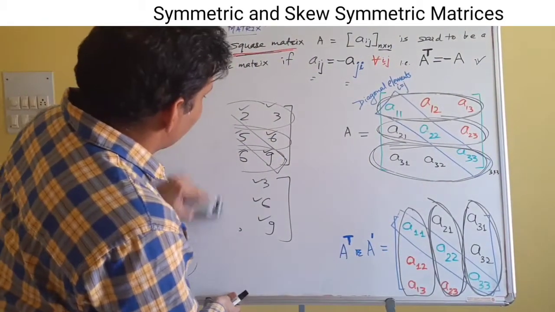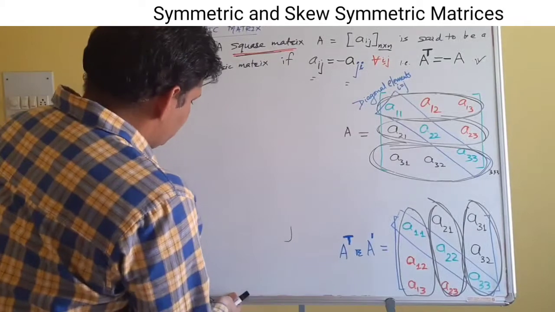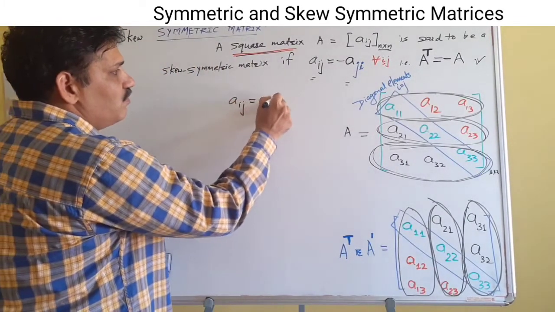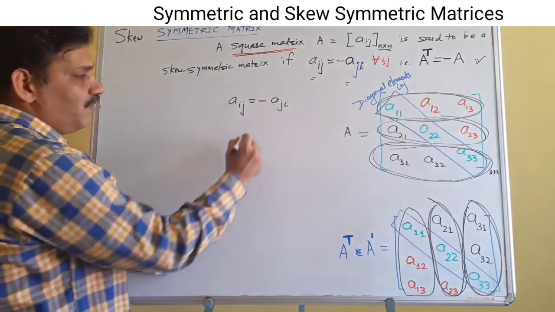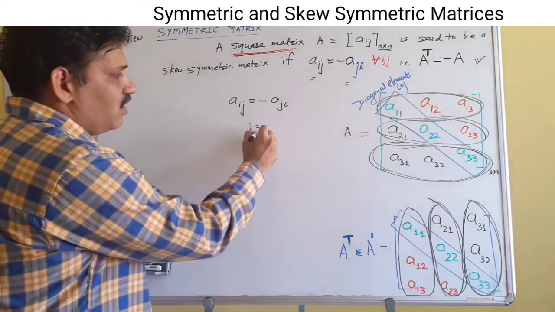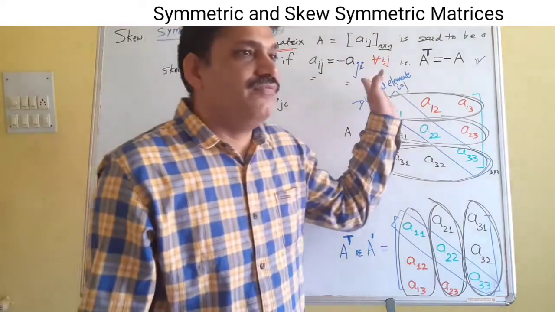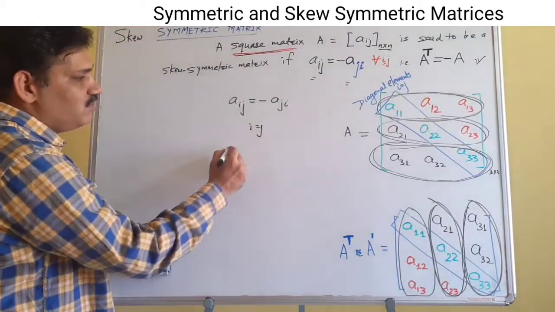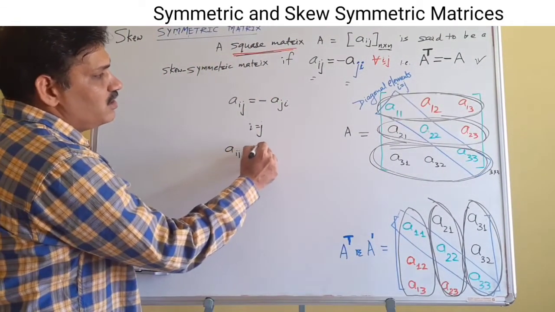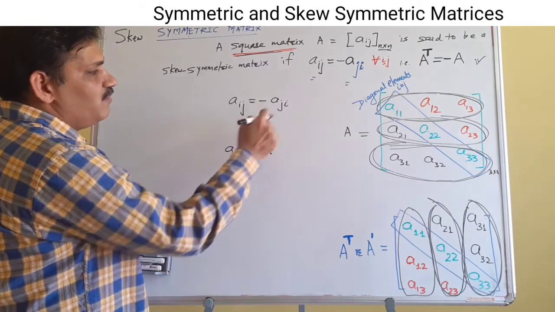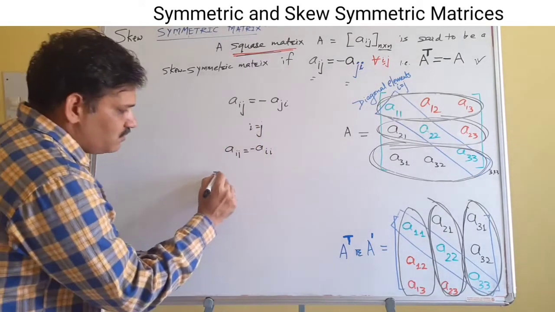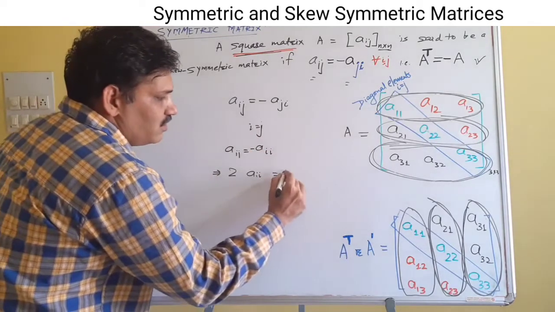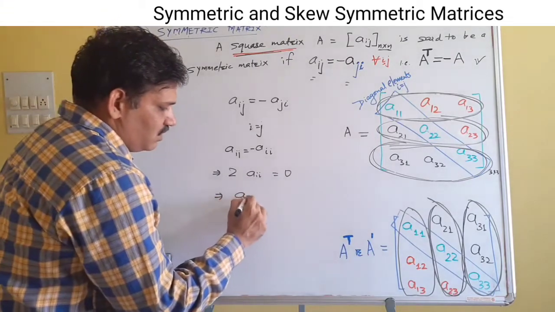First we discuss this. For a skew symmetric matrix, the condition is very simple: Aij is equal to minus Aji. If I take i equal to j, in fact, if we talk about the diagonal elements, what happens? See, if I take i equal to j, so Aii is equal to minus Aii. I replace j by i. So this gives me 2 times Aii is equal to 0. This gives me Aii